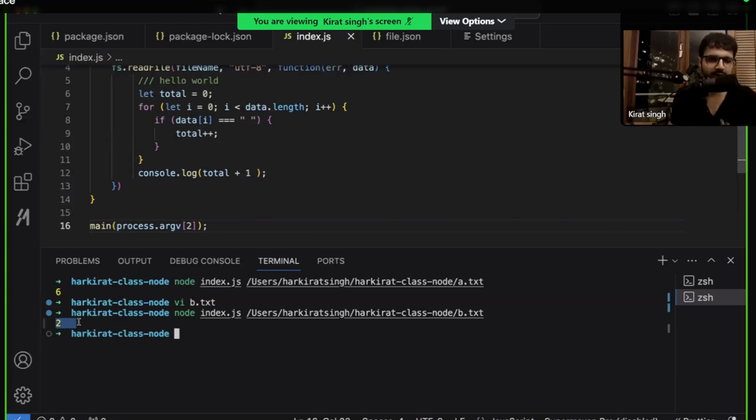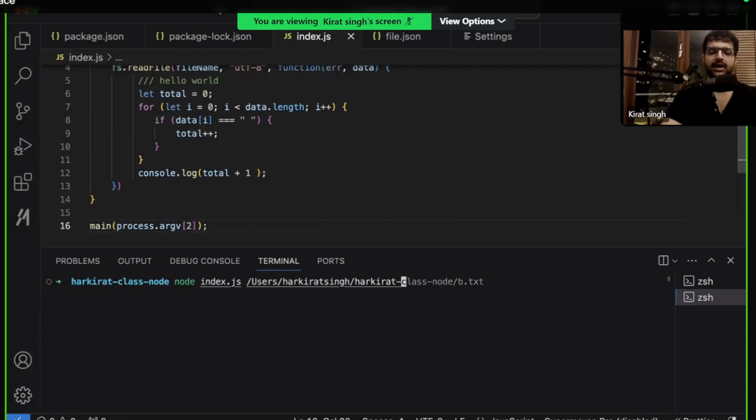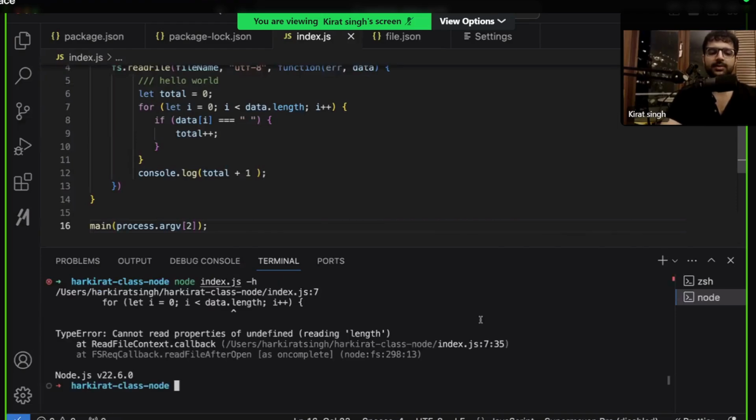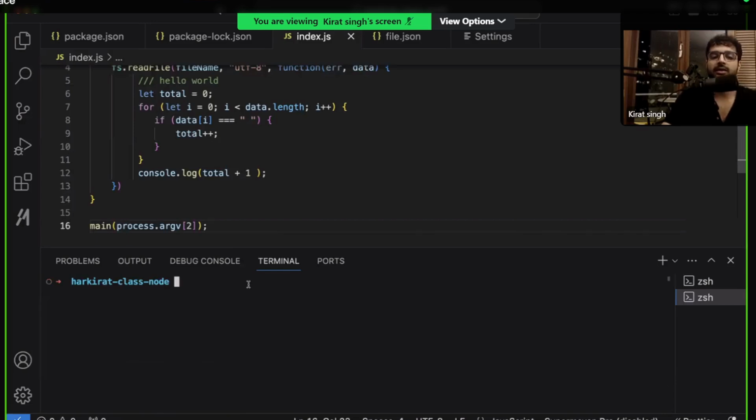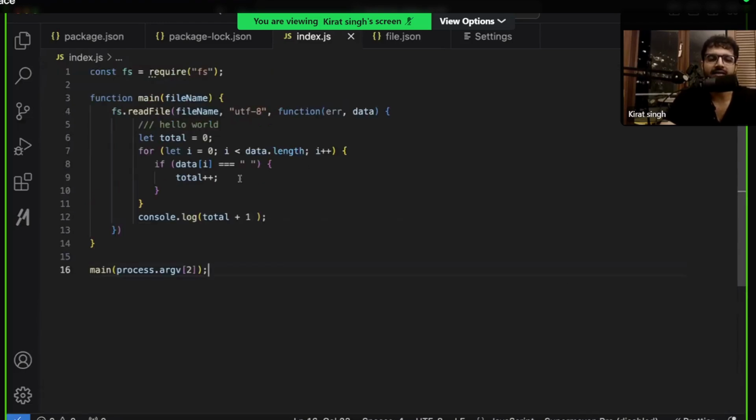So I've almost created a CLI. This node index.js now almost acts like a command line interface because I can give it a bunch of arguments over here. The only problem is I can't ask it, I need some help. Can you tell me what all commands you support? This isn't dynamic. I cannot be like node index.js, count words, and then this. And then, in the future, I might need count letters and do this. You can add some ad hoc logic here, let's say one by one.